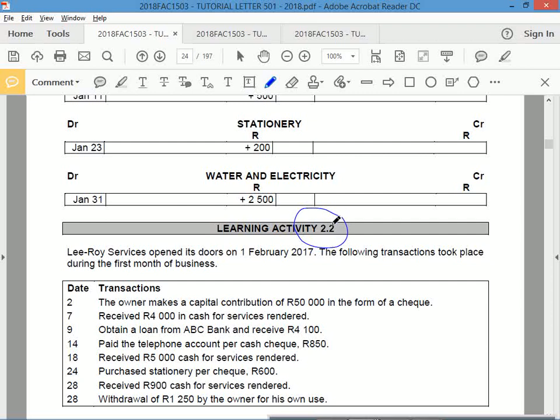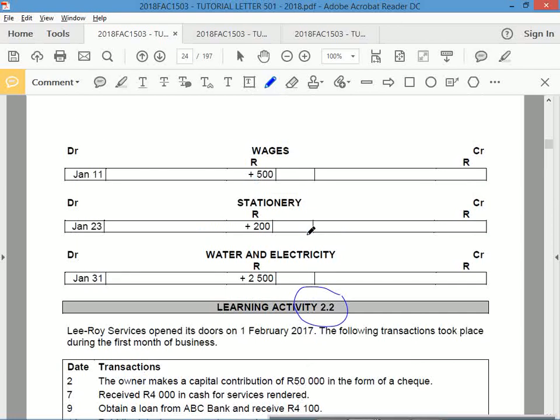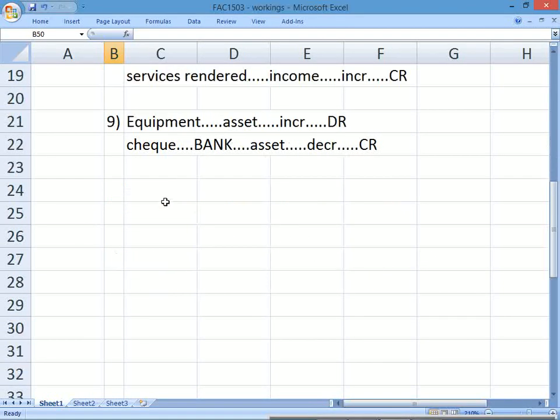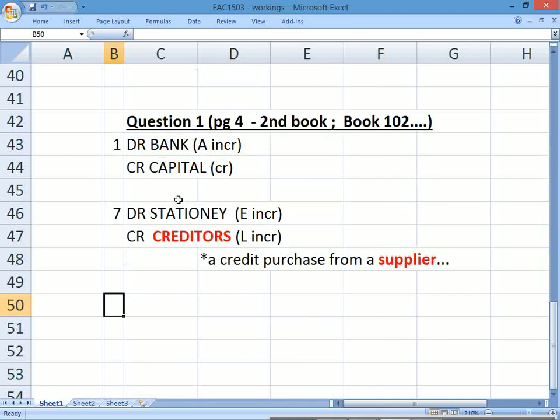2.1, 2.2, 2.3, 2.4, those you should be able to do with the right workings. So I'll do the workings for you. I'll record them here. Next week, I do want to discuss the accounting equation, so how to answer that as a question, and how to apply the workings. But let's just get the workings right this week. Get the analysis right, know what you're dealing with in terms of the elements, and then practice interpreting and analyzing transactions.